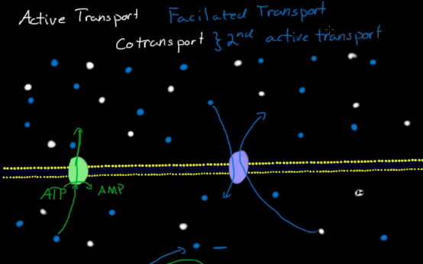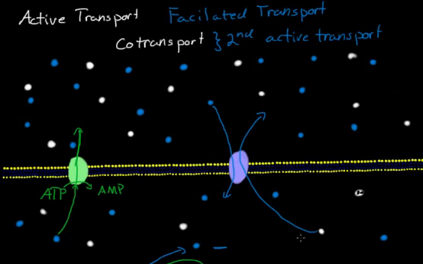Now it doesn't require ATP. It requires the act of what ATP has done. ATP has brought up all these molecules. So now they're at this high concentration, and they want to get down. Well, depending on the concentration of these two different types of molecules, if the blue wants to get down more than the white does,